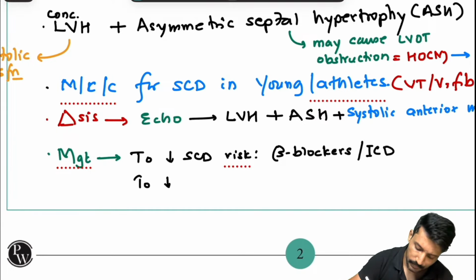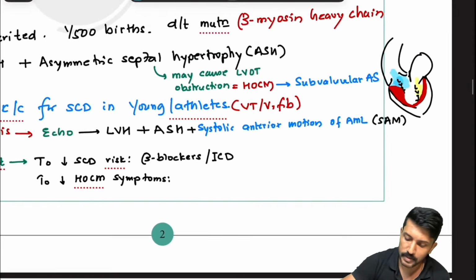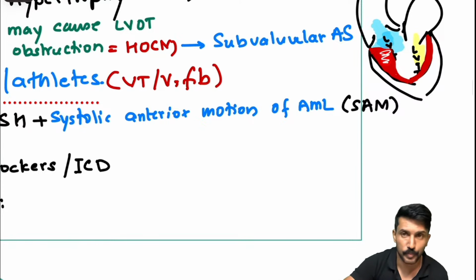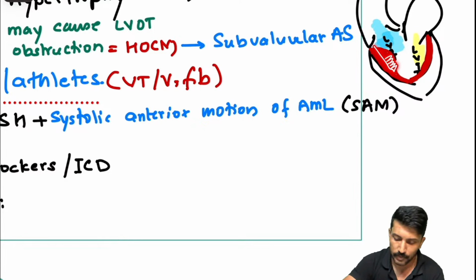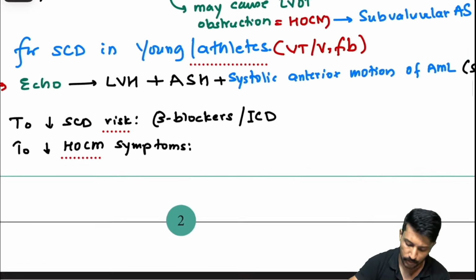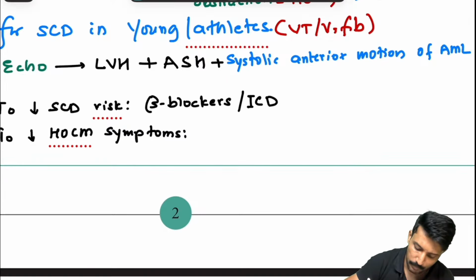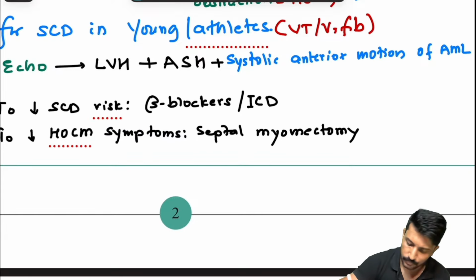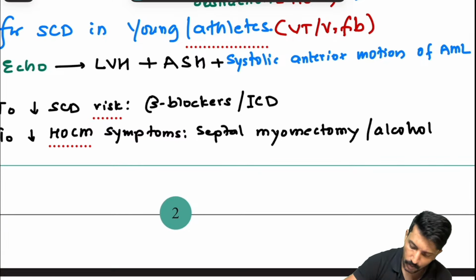And to decrease obstructive symptoms, HOCM symptoms, what should I do? The interventricular septum, which is asymmetrically hypertrophied, is creating the obstruction. We can cut this off. When we cut this off, it is called a septal myomectomy. Or I can inject alcohol into it, it will become atrophied. So one of them can be followed. So we can either do what we call septal myomectomy or alcoholic ablation. So that completes our